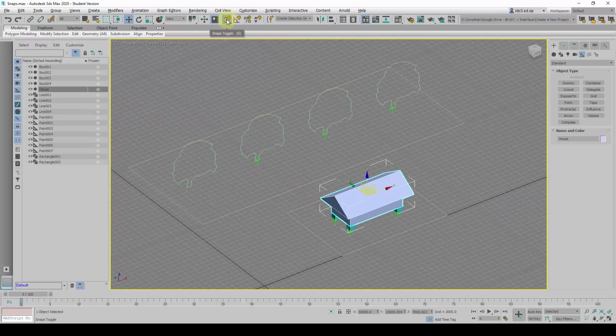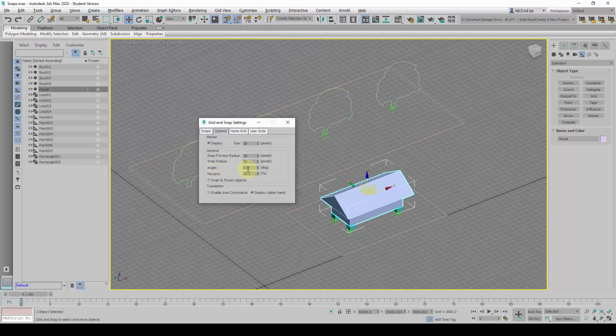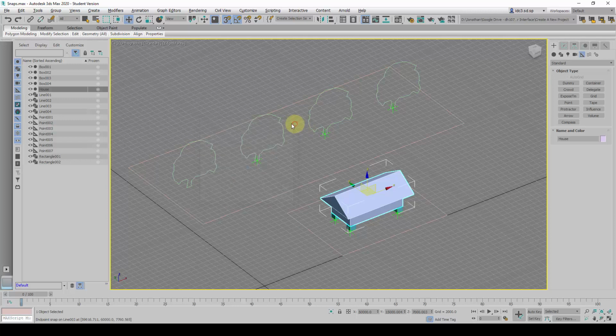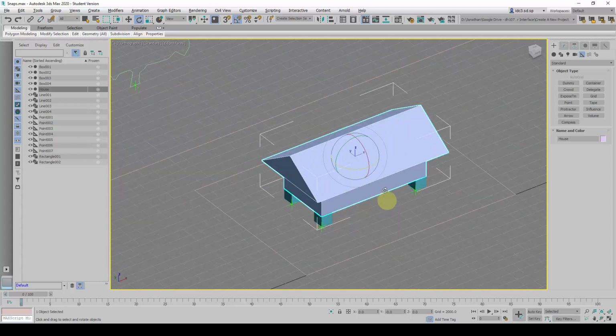On top of snapping to points during moves, we have also options to allow us to prepare an angle snap toggle. So we can right click on it to prepare the constraints for a particular snap angle that we need to do. So by default it is snapped to 5 degrees here. So I'm going to turn off the snaps toggle now and activate only the angle snaps toggle. And I'm going to use the select and rotate command here